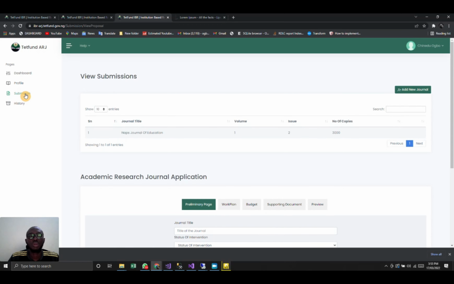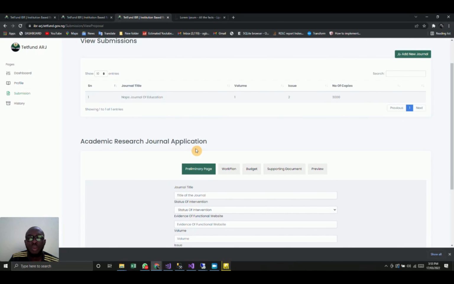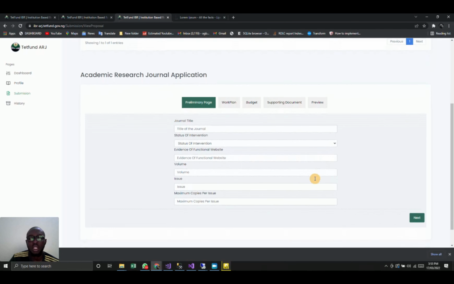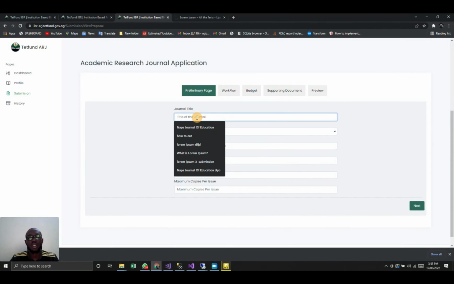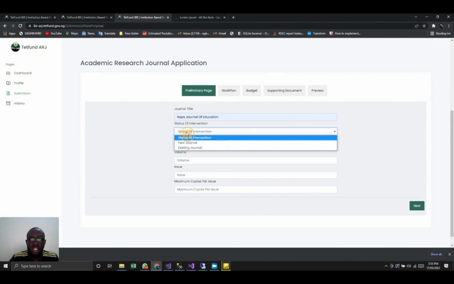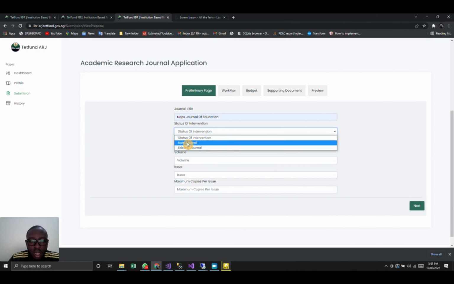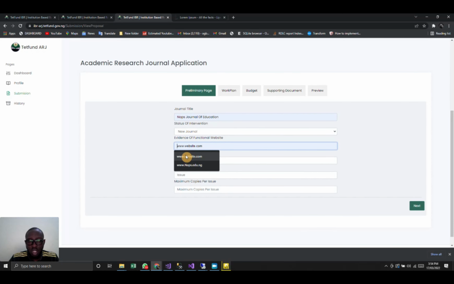Okay. So on submissions, the ARJ platform requires that each institution should not have more than 3 active ARJ submissions. So when you get here, you can see previous or active submissions that have been made by your institution. You can click on add new journal to add a new journal. You're expected to provide the title of the journal, the status of the intervention, whether it's a new journal or an existing journal. You're expected to provide evidence of the website, the volume,